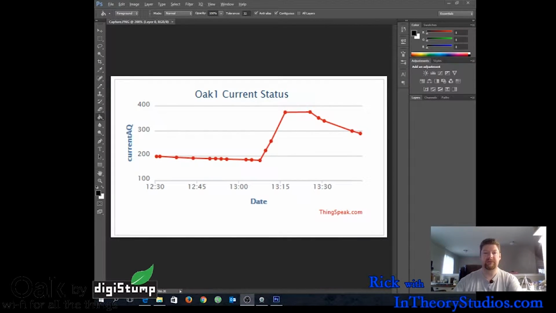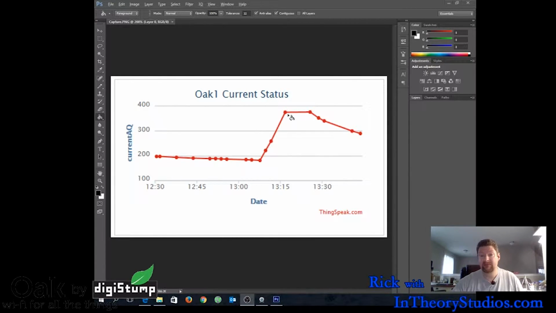So here you see the screenshot, and I just happened to be looking at it at this particular moment, but I noticed it jump up in the readings clear up to almost 400. 400 is what I currently have the alert threshold set to go off. And what would have happened is I would have had the buzzer go off in 10 cycle increments, and then